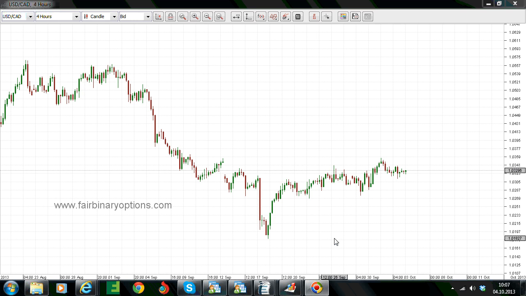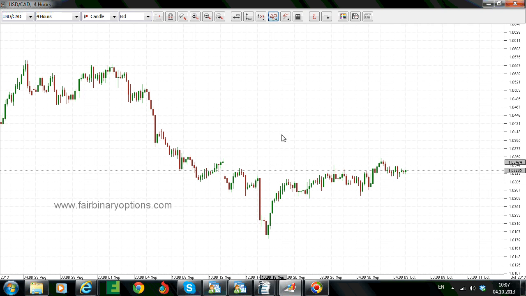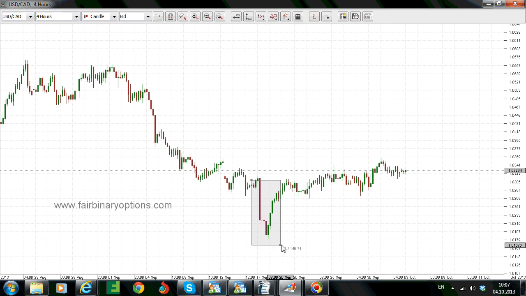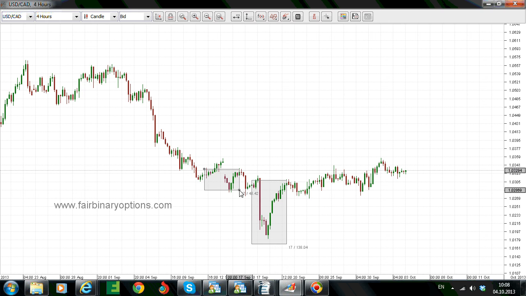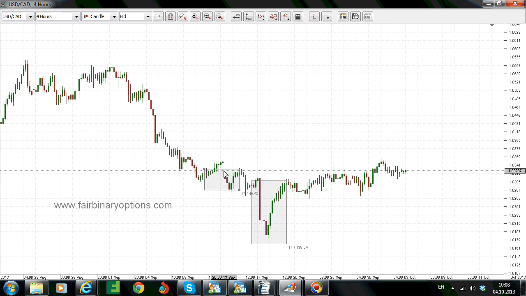A head and shoulder and an inverse head and shoulder is being formed out of three parts, and of course, like the name suggests, one of it is the head, and this seems to be the head. The head is the spike lower, or to the upside if you are talking about the head and shoulder, but this is an inverse head and shoulder, and this is the head. We are talking about two different shoulders, the left shoulder there and the right shoulder here,